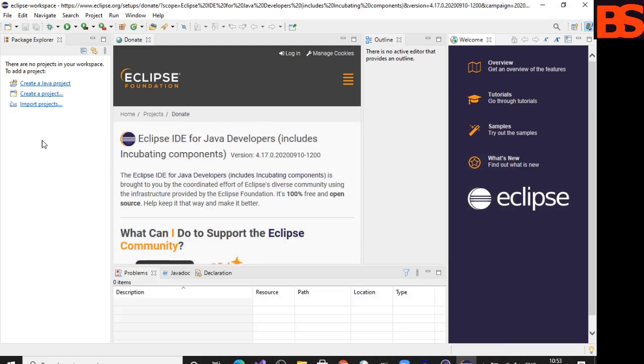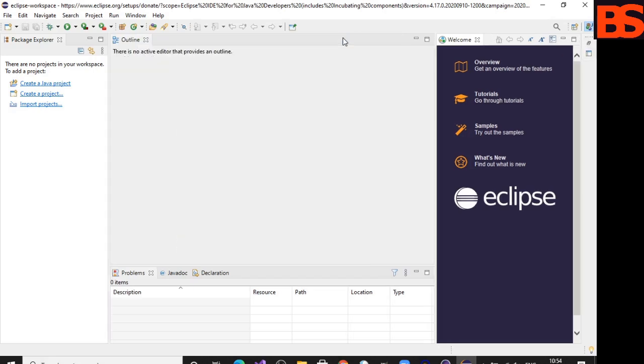So now let's create a simple Java application using Eclipse to see whether everything is working fine or not. So I minimize this welcome window.